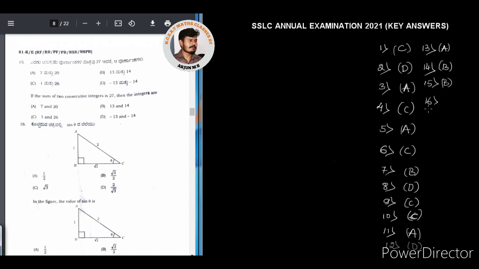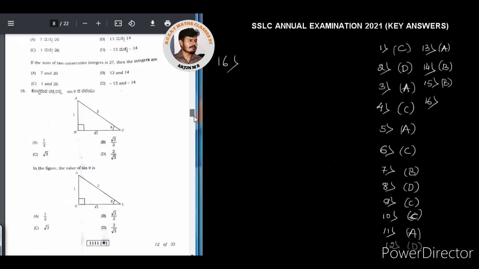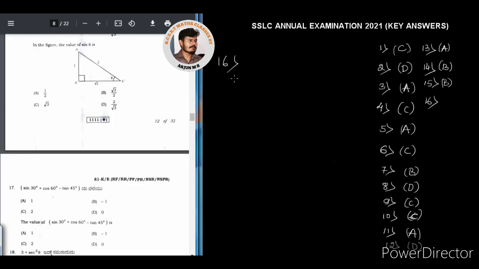Option B. So now take down 16th question. In that question, they are given a diagram here, a right angle triangle. You just observe that figure carefully. In a right angle triangle, they are given its theta present in vertex C, right? ABC is a right angle triangle, angle B is right angle, and 2, and its adjacent side is root 3. So if theta is in vertex C, then this is called opposite, and this one is called adjacent, and 2 is called hypotenuse, because the side opposite to the right angle is always considered as hypotenuse of the right angle triangle.